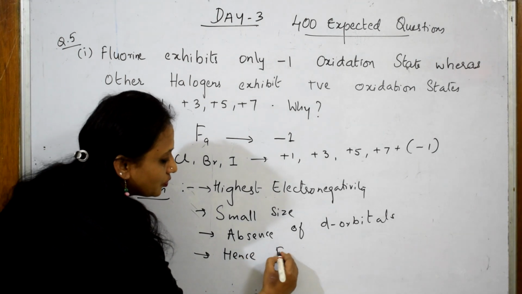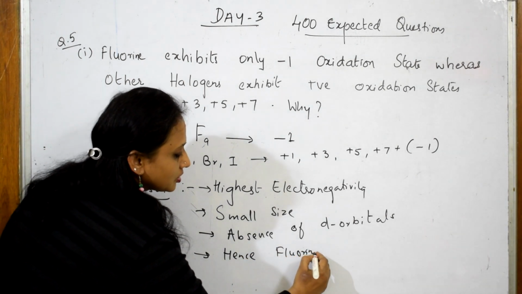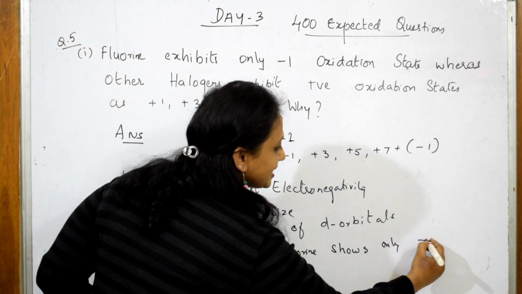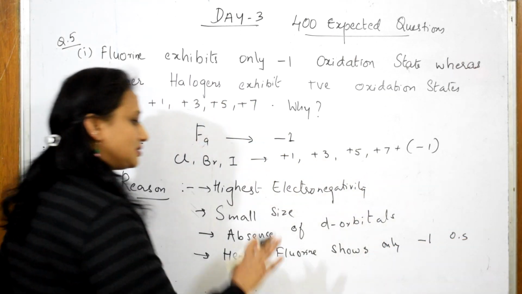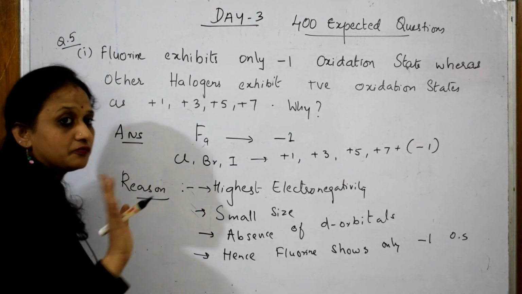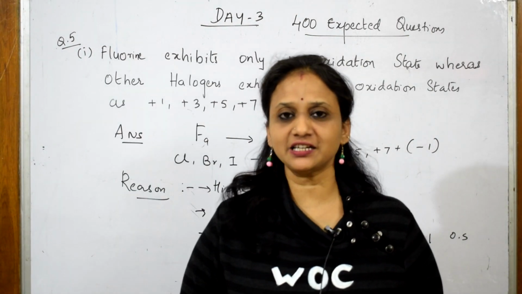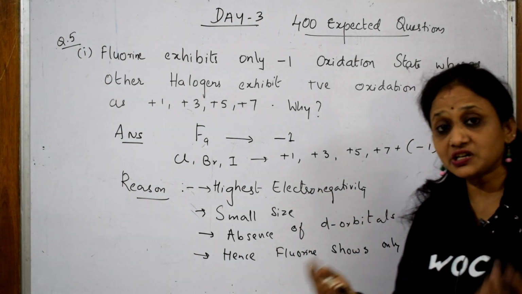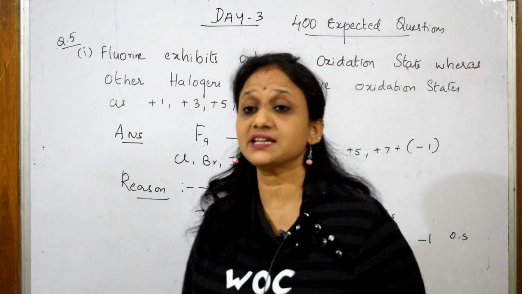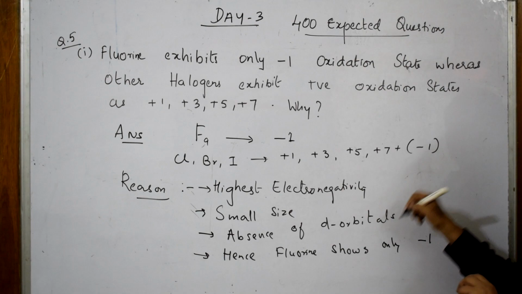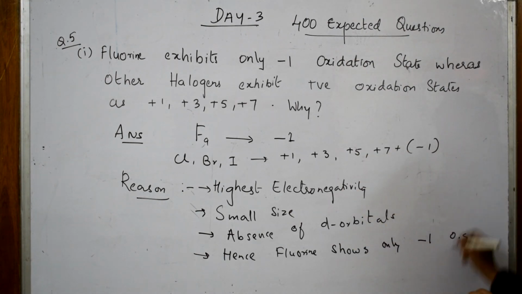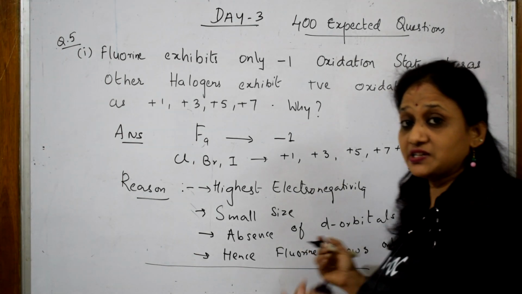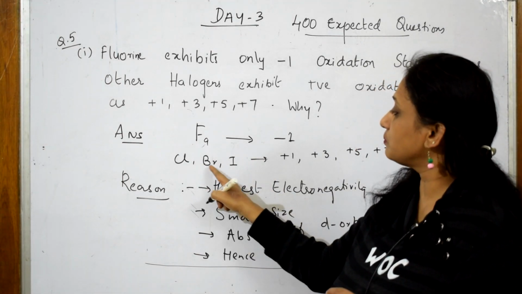Hence fluorine shows only -1 oxidation state. That's all. 1, 2, 3, 4 important points. Easy, isn't it? So when the question is given, try to write like this. And if you still want to be more specific with the examiner, write here also. You can put the other way, put one line like this, right? If you want to still write, if you want to impress the examiner, you can write about chlorine, bromine, iodine